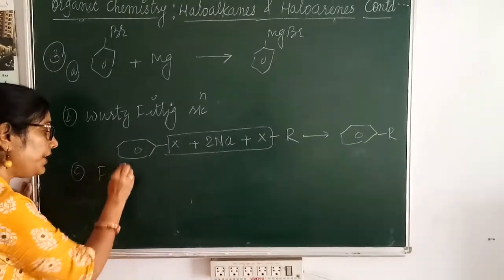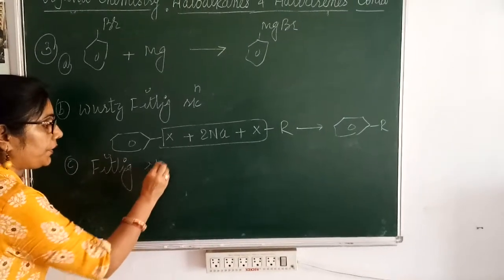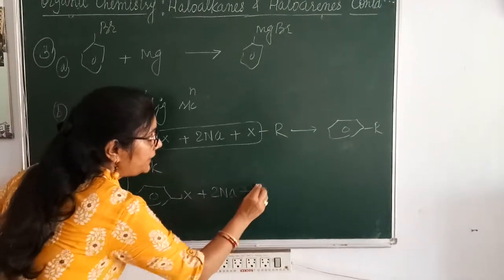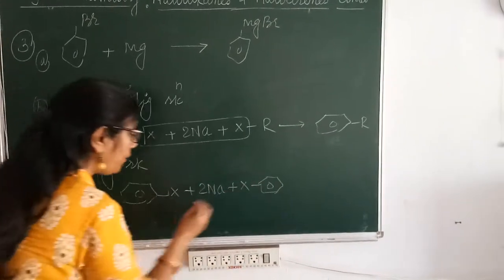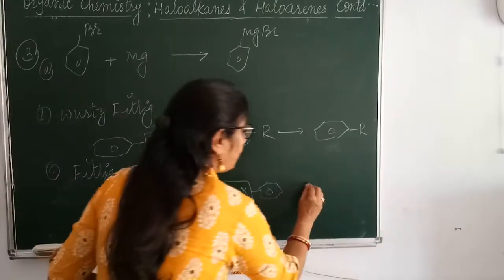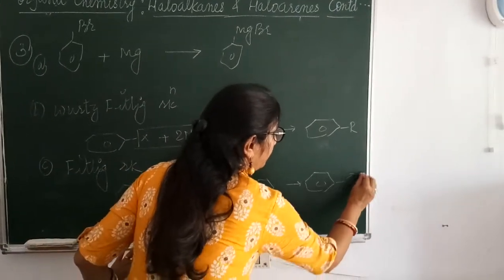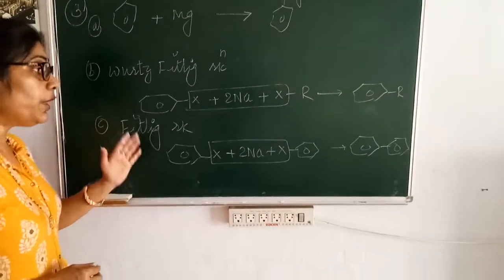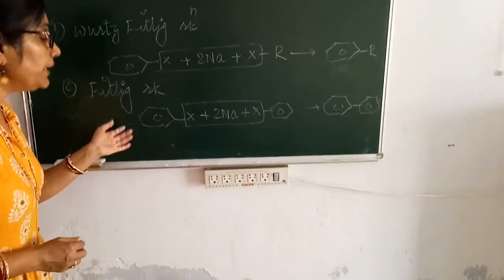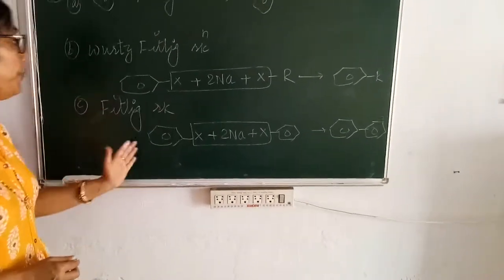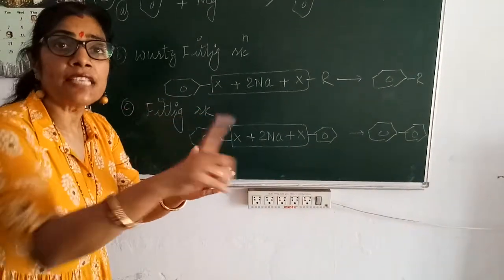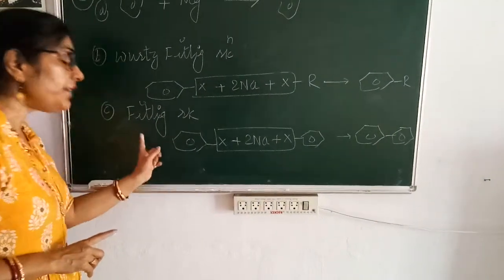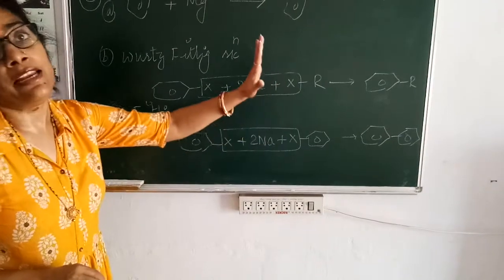And one more reaction is the Fittig reaction. In the Fittig reaction, 2 moles of aryl halides are used. Both the moles are of aryl halide and the product will be biphenyl. Very, very important. This conversion is also given in the exercise, how can you convert benzene to biphenyl. First of all, benzene to haloarene, and then by using the Fittig reaction. Wurtz reaction, both the moles are alkyl halide. Wurtz-Fittig, 1 mole alkyl, another mole aryl, and in Fittig reaction, both the moles are of aryl halides, my dear students.